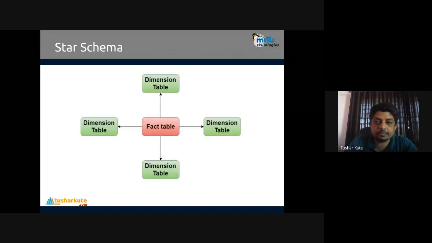Let's see that. The primary key or foreign key that is common between each dimension table and the fact table is there. Based on that, the star schema is created. The first schema of multidimensional data modeling is present, where we have a center fact table and others are connected in this way.